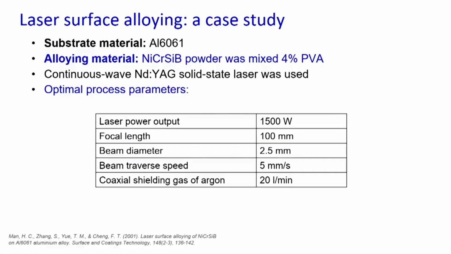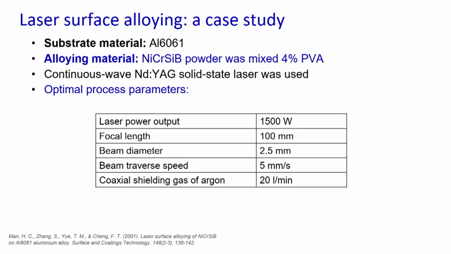Now, let us have a case study on laser surface alloying. In this case study we have taken the substrate material, that is aluminum 6061 alloy, and over this aluminum substrate material we will be trying to have a powder deposition which is a composition of nickel, chromium, silicon and boron. This process will be carried out by using a continuous wave Nd:YAG solid state laser,